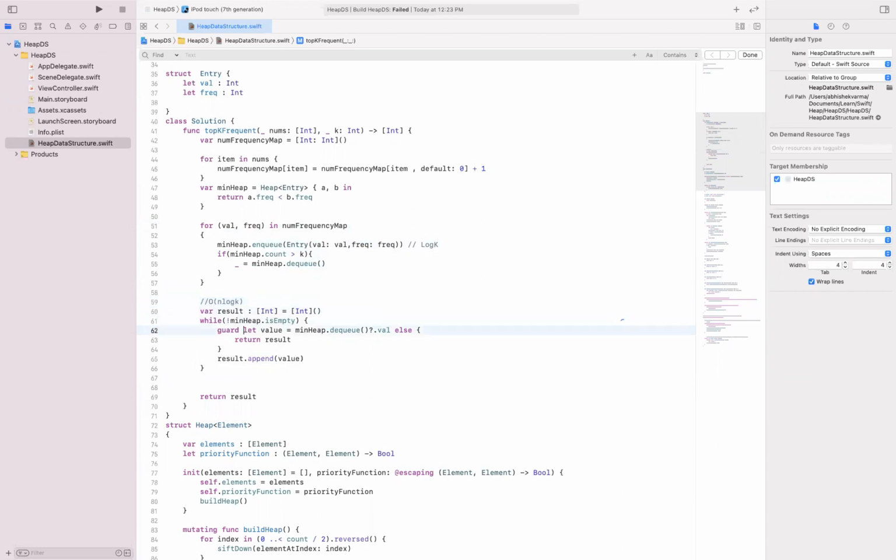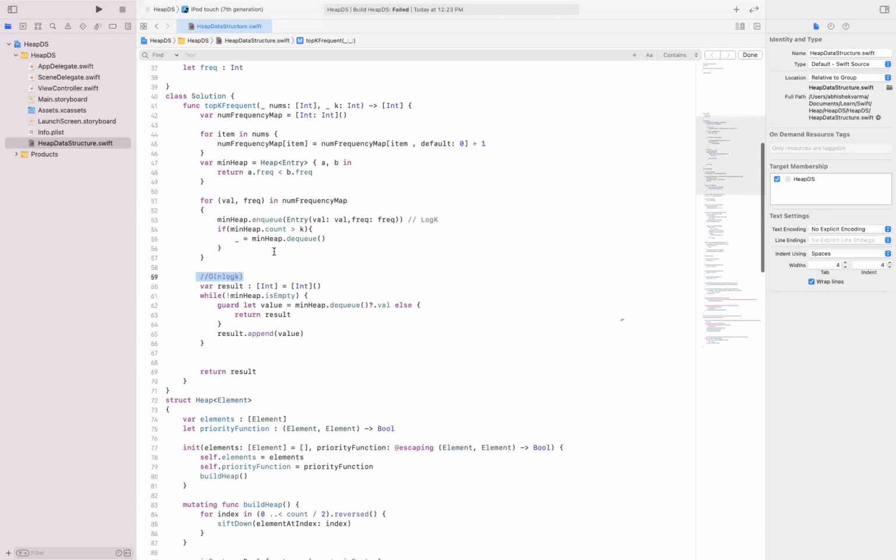Finally, this last operation is just an iteration over our min heap, so this is again O of k. So finally our time complexity will be O of n log k. Hope this is clear.